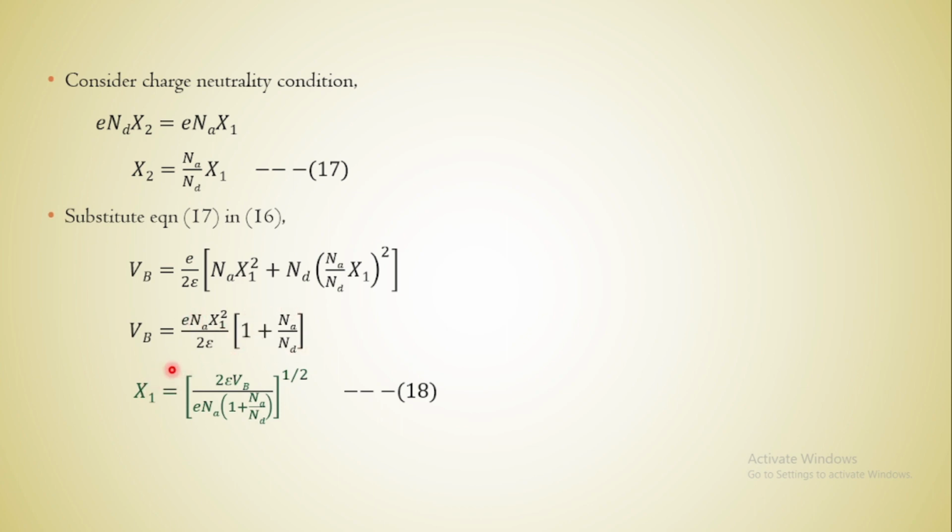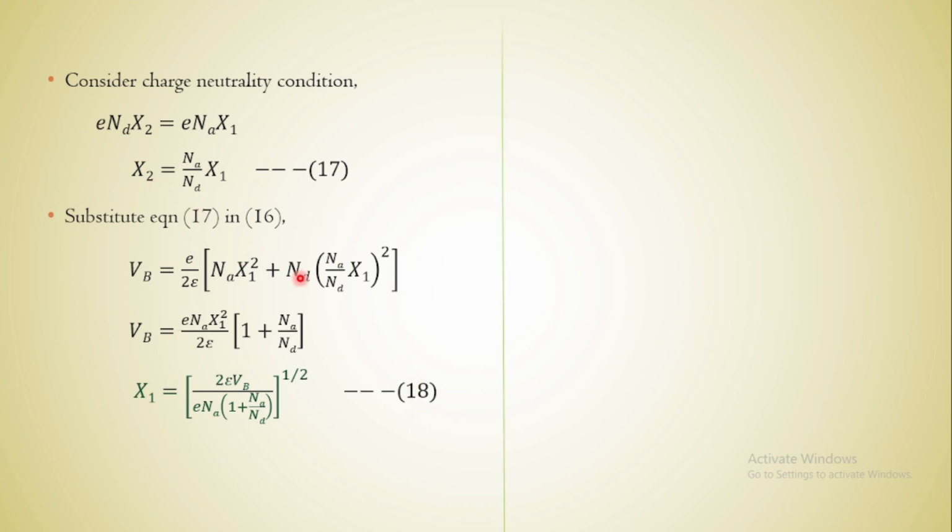So x1 square is there, taking the square root, we observe that x1 is equal to square root of 2 epsilon Vb divided by E Na into 1 plus Na by Nd. And this is the equation for width towards the P region in terms of the barrier potential and the charge density. And this equation is named as equation number 18,